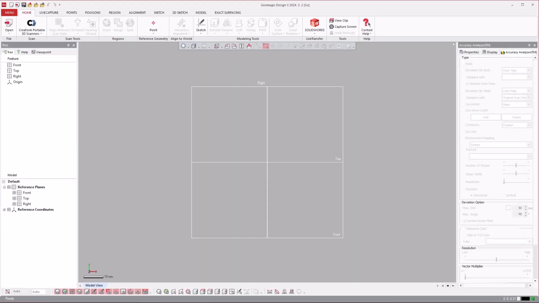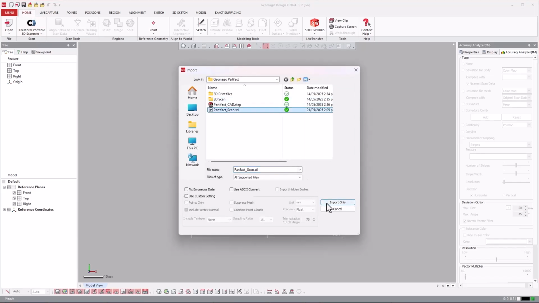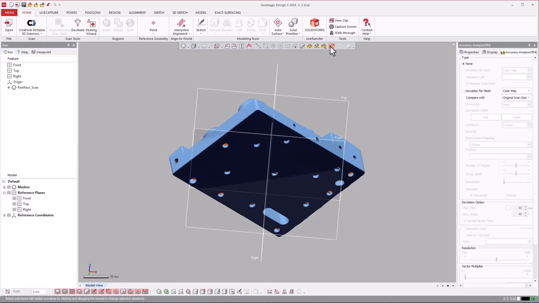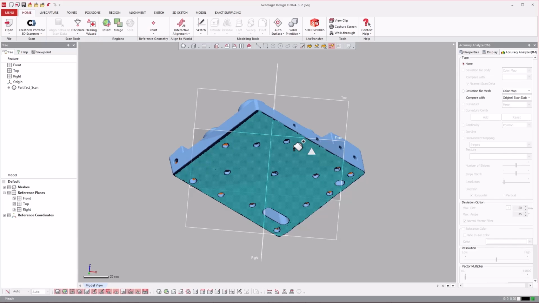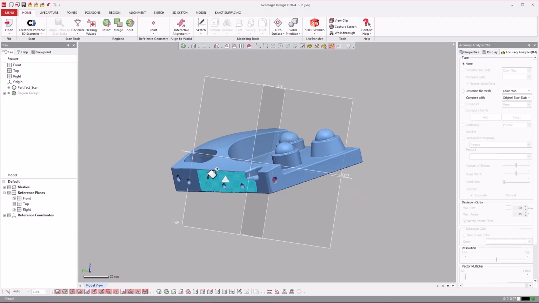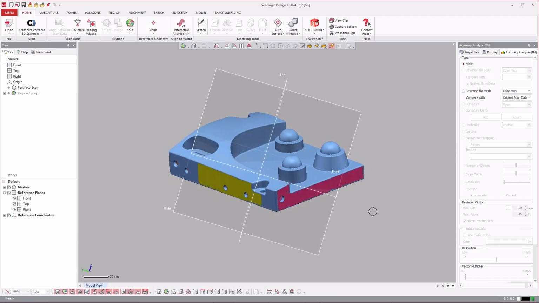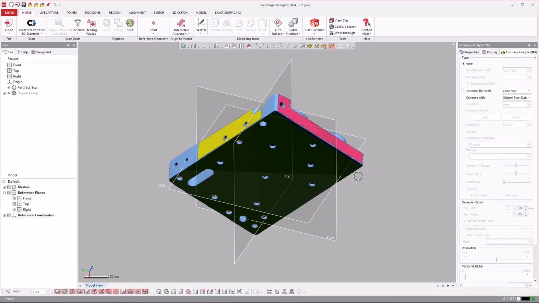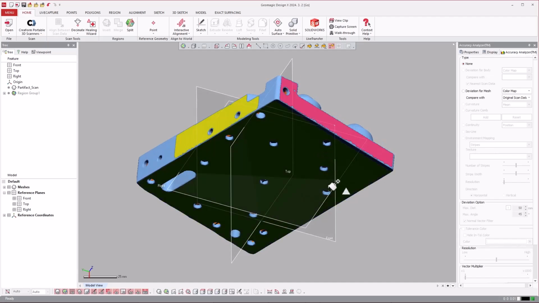So now we're going to launch DesignX Go, select import and bring in an STL file. If we choose the Smart Selection tool, we can then drag a selection over top of the bottom of the plate and then select insert, click and drag over the side, insert, and then select again, insert. So we're inserting region groups, and each of these colourful faces now are recognized as planes when we go to